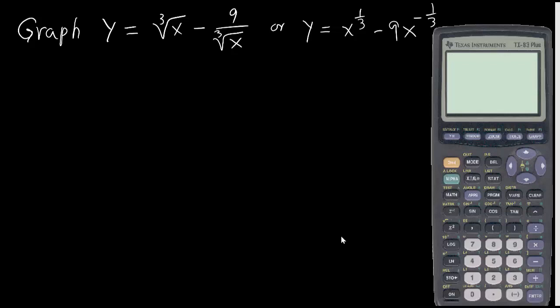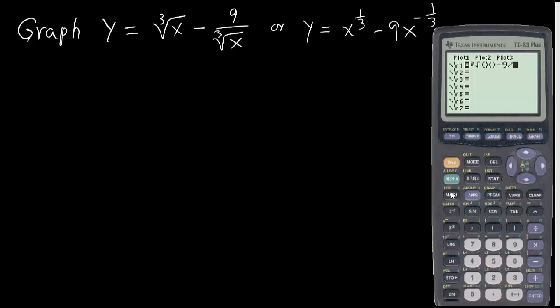In this lecture, we want to graph y equals cube root of x minus 9 over cube root of x using our graphing calculator. You can go to graphing mode here and then type. Let me show you how you type it. Go to math, then you can choose, this is the cubic one. Enter, put your x, don't forget to close the parenthesis, minus 9, and then we have divided by cube root